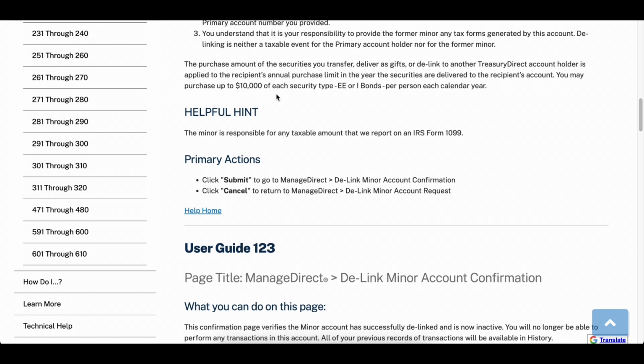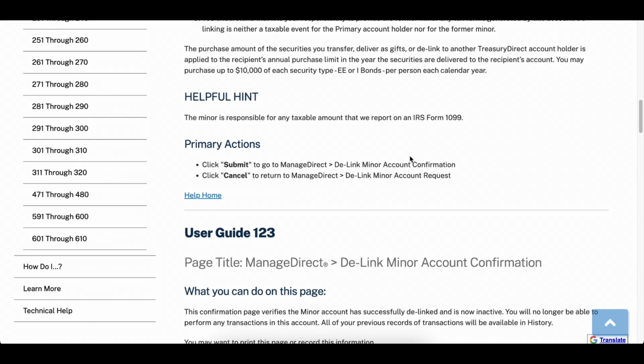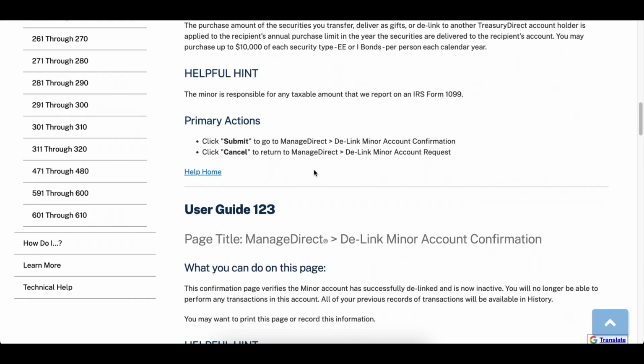You may purchase up to $10,000 of each security type, EE or I bonds, per person each calendar year. Helpful hint: the minor is responsible for any taxable amount that we report on IRS Form 1099. Okay. I've been hearing a lot about that 1099 lately too. We all have. Let's see, primary actions. Submit here.